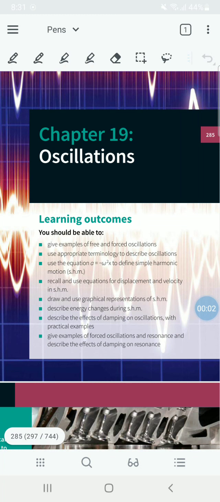Physics, Chapter 19, Oscillations. This is a bit of a long lesson. There are many pages describing different aspects of oscillations, but it is not very hard. However, you have to make sure that you learn every part of it and understand all of it very carefully.